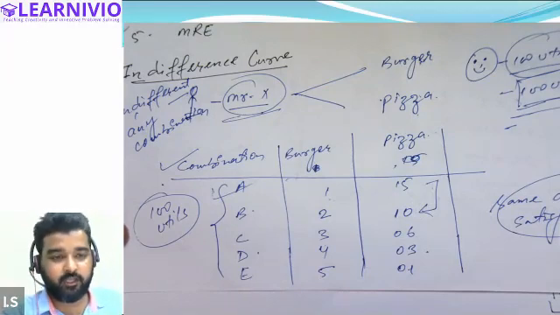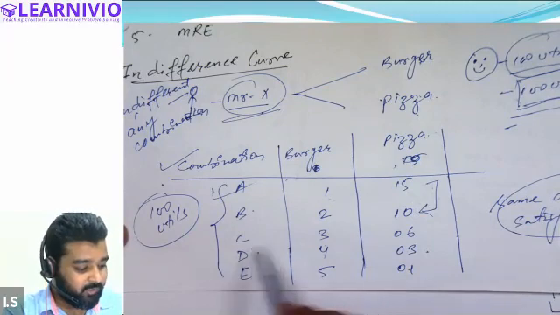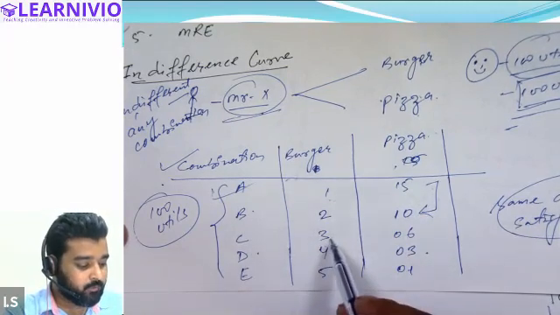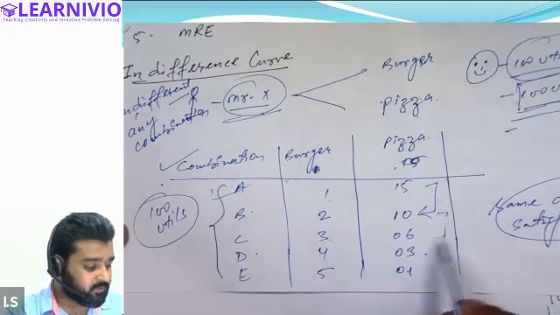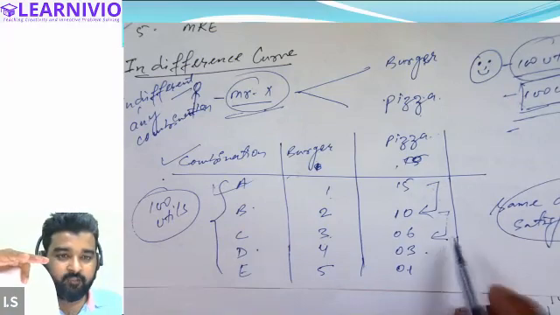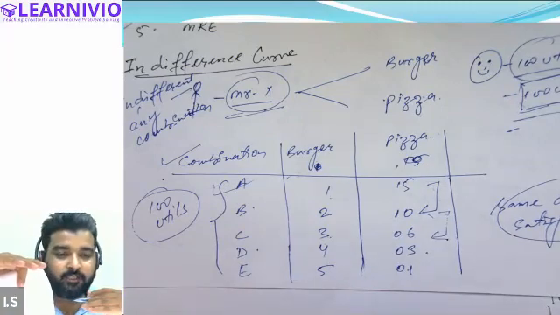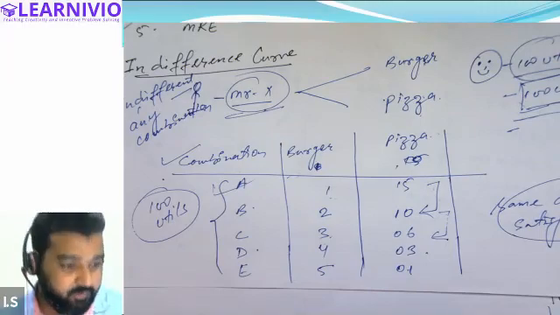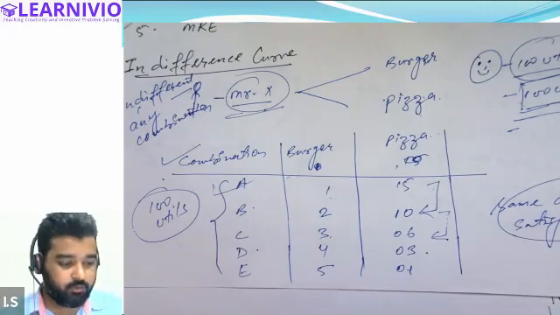in combination A. Similarly, when he wants to increase the burger by one more unit, he again sacrifices a certain number of pizza. Because he is increasing one commodity, he will have to sacrifice units of the other commodity so as to equalize the satisfaction. If he does not do so,